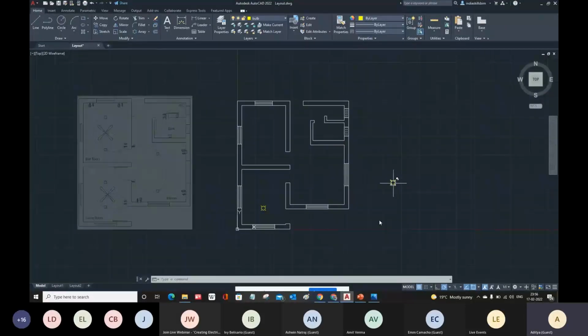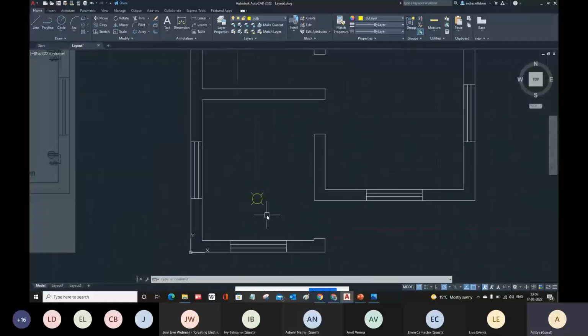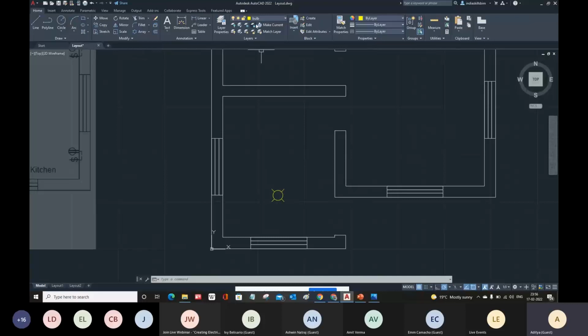So I can just go to the layer properties manager, where I can create another layer. I already have a layer called reference, where I have placed some reference items, and you can see this item is frozen. Freeze means we cannot see the items which are inside this reference layer. So simply you can also freeze any other layer like this layer, and this is the active layer, but the difference is you cannot freeze the active layer.